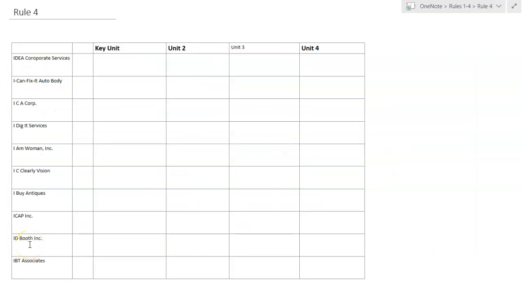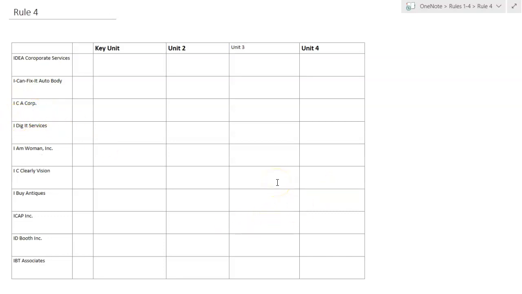The fourth rule deals with single letters and abbreviations. So initials and personal names are considered separate indexing units. Okay, also abbreviations of some names and nicknames are also indexed as they're written. Okay, as for business names, such as ICA Corp, if there's a space between them, they're going to be separate